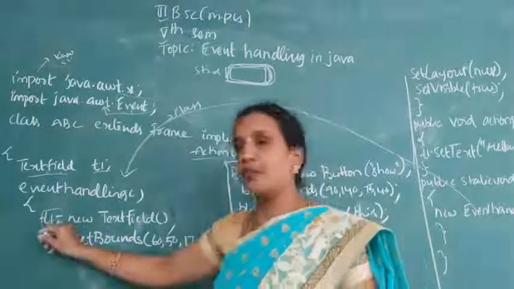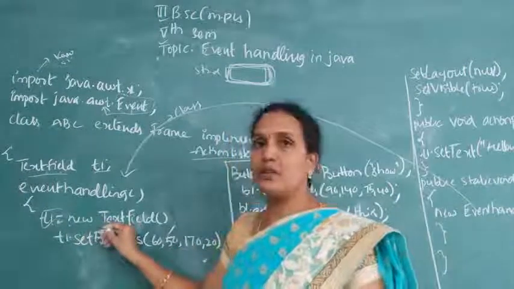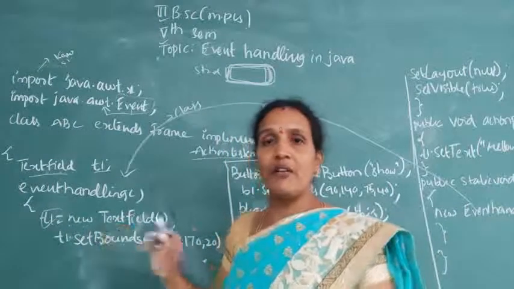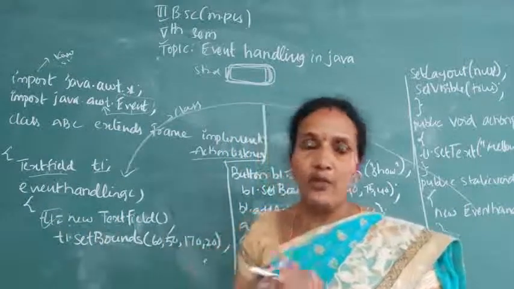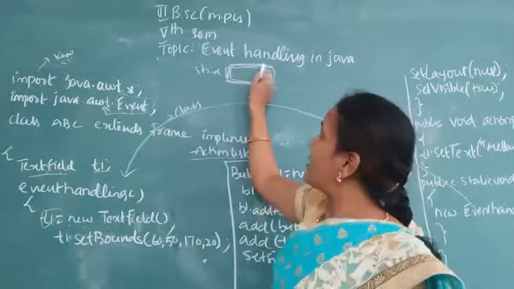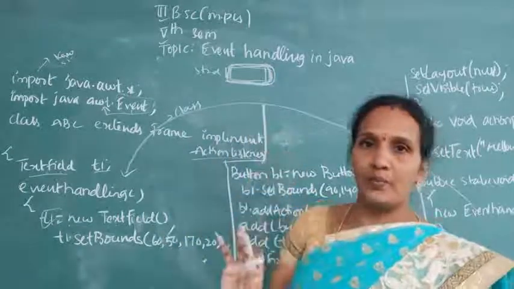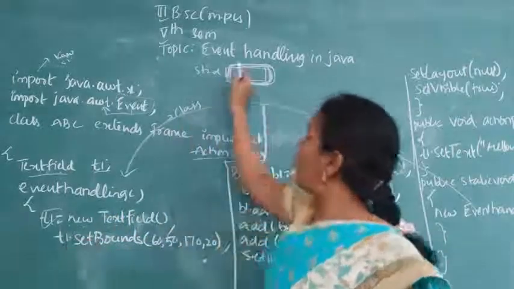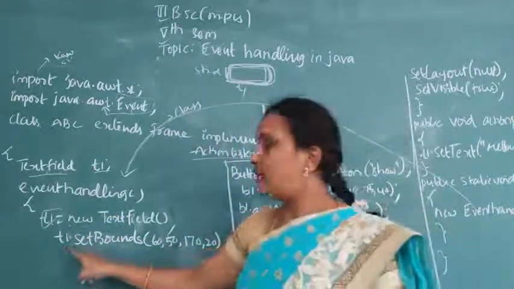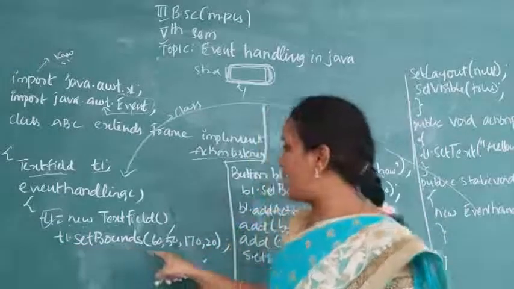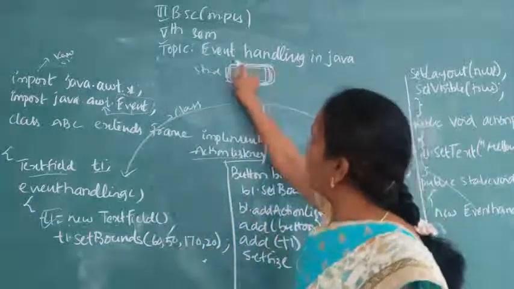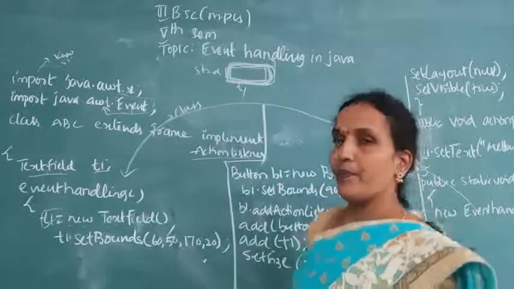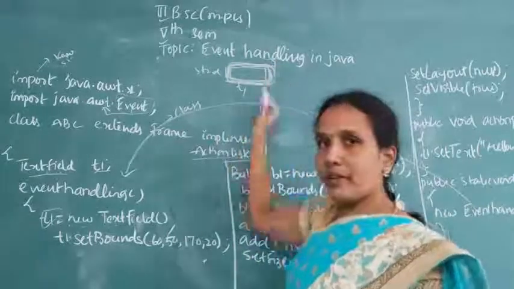So here first I am creating an object of this class. Okay, because in Java everything should be done in the form of objects only. So this text field is also nothing but an object. Now T1 dot, T1 here is what? TextField. T1 dot setBounds, four boundaries, this four sides. Okay, 60, 50, 70 like that.